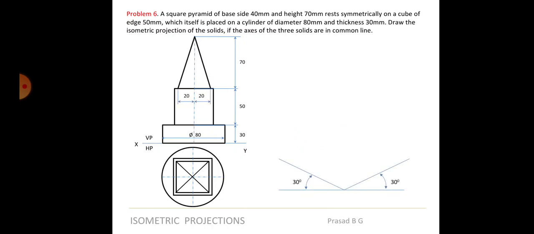Okay, so we take the reference 30 degrees and 30 degrees. So what is the diameter of the cylinder? 80 mm. Right, so I have to take 80 mm directly off a box. I have told you there is no need to draw the box and see, because that will be equal to the diameter only. Even if I plan to draw a box around this, it will touch here, it will touch here, the box will touch here. So that means ultimately it is equal to the diameter only, right?